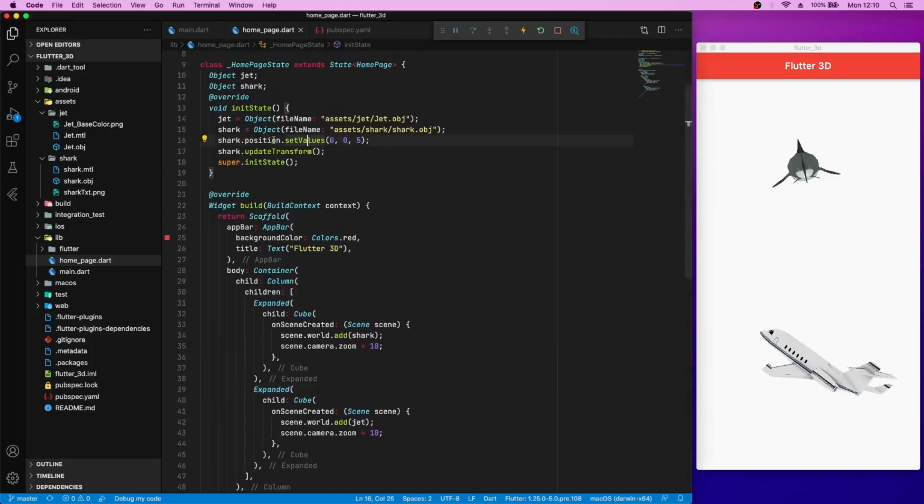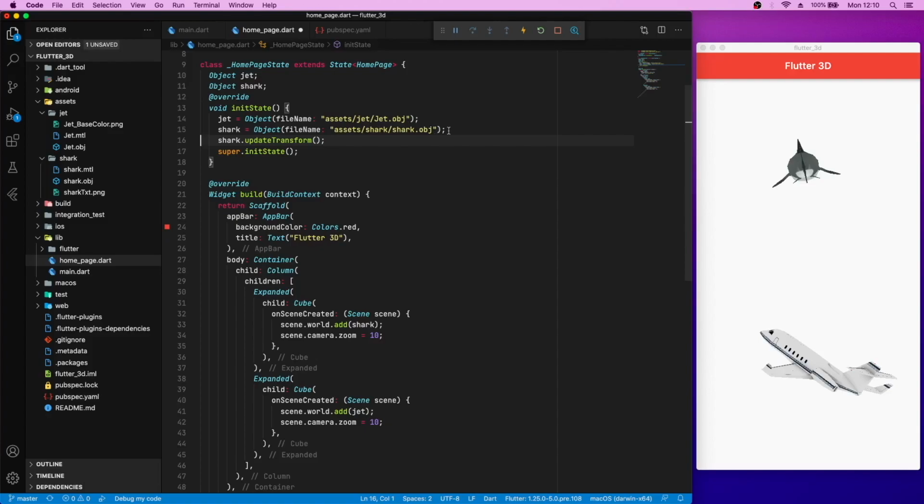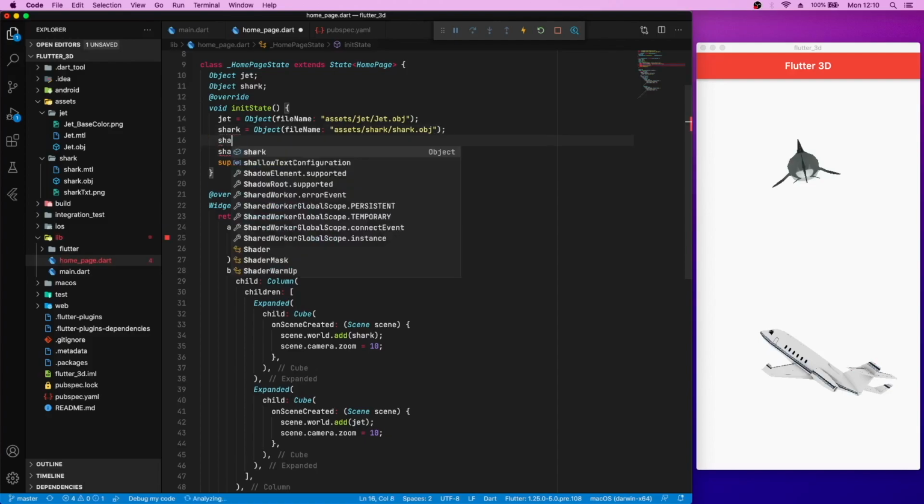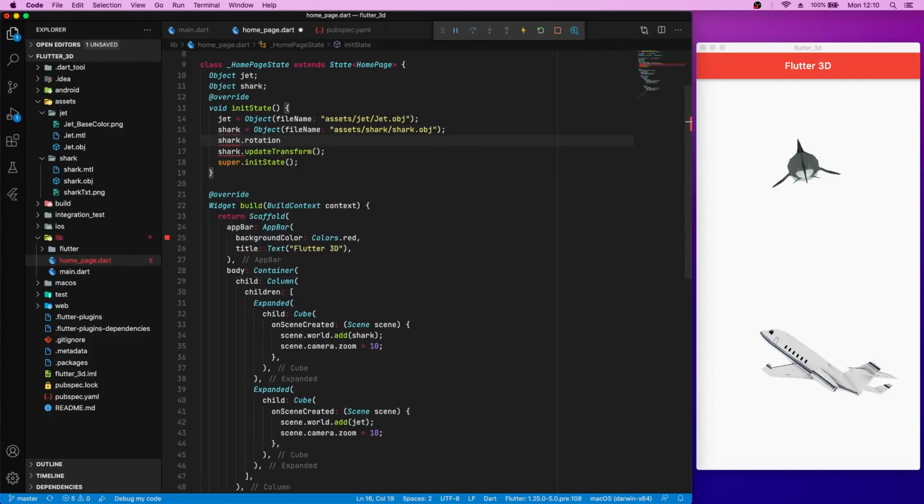You can also change the rotation of the objects here. To do that, let's try rotating the shark here. Rotation is the same as the position value. You can change the x, y and z axis.